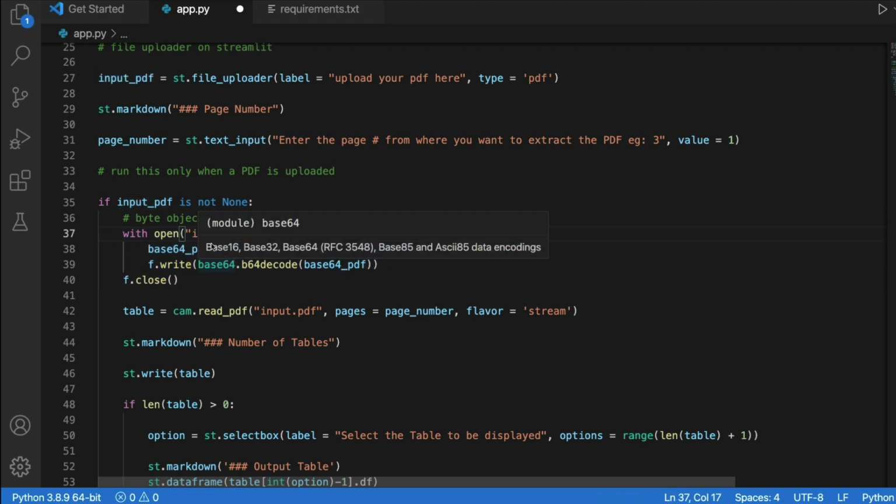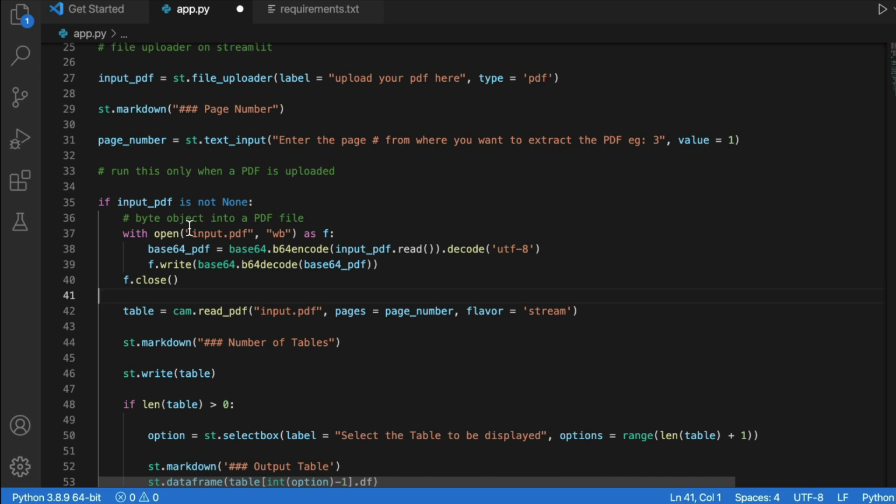So now we are going to create an empty file called input.pdf. So that's why you would see this name being standard in the write mode. And then we are decoding, encoding a couple of things. We are doing it here, and then finally writing whatever value that we have got inside this PDF file, and we are closing the file. So that is what is happening here. So converting the byte object or whatever that object, the input that you read, into a PDF file, actual physical PDF file that would get saved in the current directory.